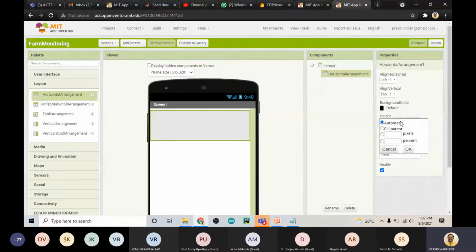The height I want to be only 20%. It means that whatever the screen of your mobile is, it will count the number of pixels in height, and out of that, whatever the 20% is, that will be assigned to this horizontal block. So this is going to be the height of your horizontal block.